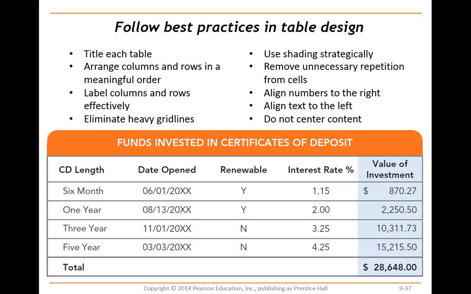In the Date Opened column, the dates are centered because they are written in identical format and have an identical number of characters. You can also center the text in the interest rate column because character lengths are identical. However, if one interest rate were 10% or larger, you would need to right align the numbers to make the